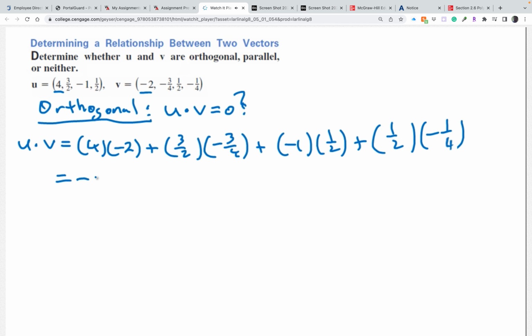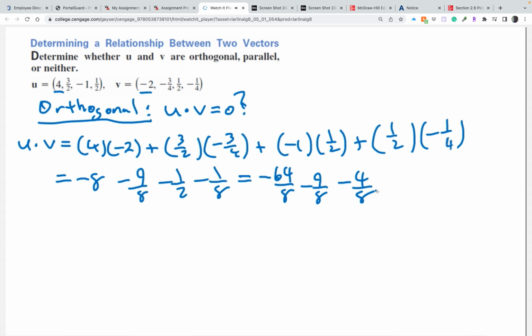And so this will give us negative 8 minus 9/8 minus 1/2 minus 1/8. If we get a common denominator of 8, we'll end up with negative 64 over 8 minus 9 over 8 minus 4 over 8 minus 1 over 8. And so u dot v is going to be negative 78 over 8, which reduces to negative 39 over 4,